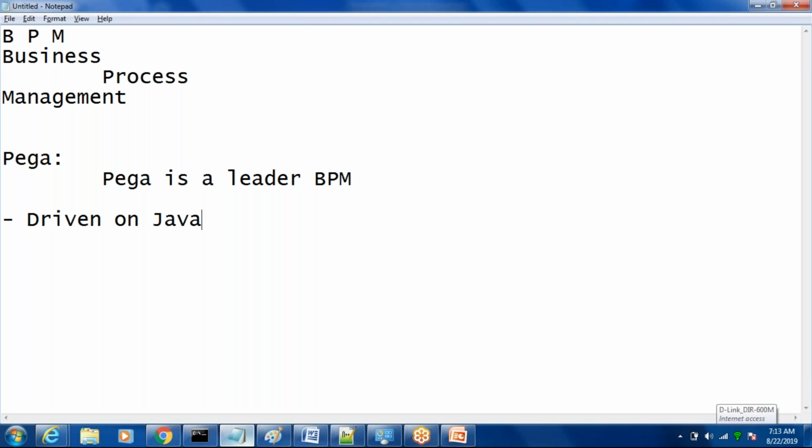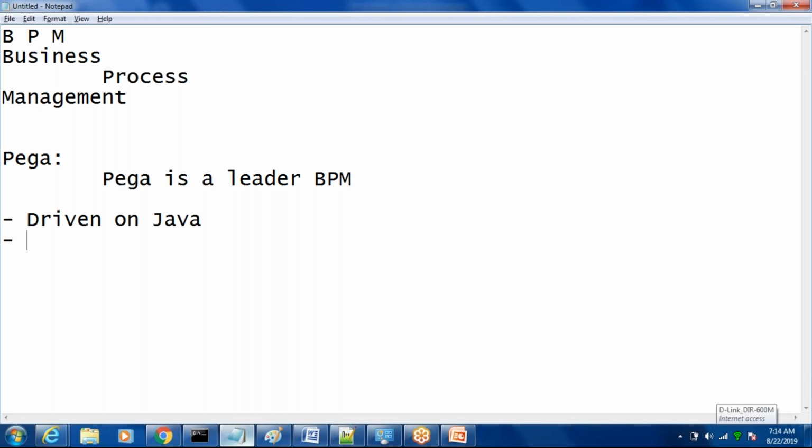Java is the software used for writing this Pega tool. But in order to develop applications in Pega in the late 90s or the start of 2000, you needed to know the basics and core concepts of Java to implement Pega applications.